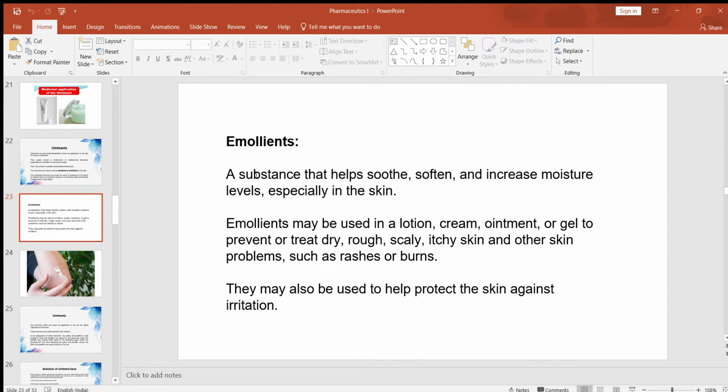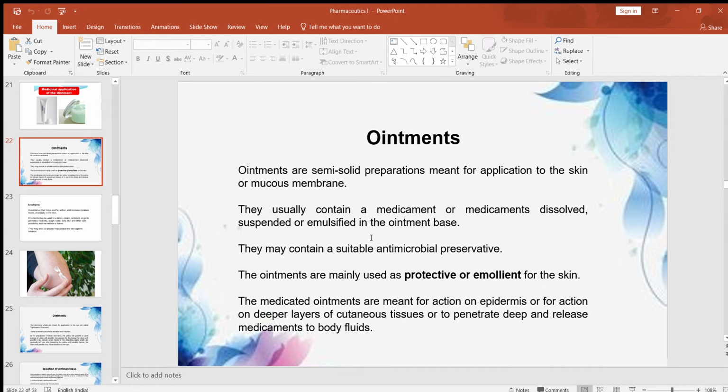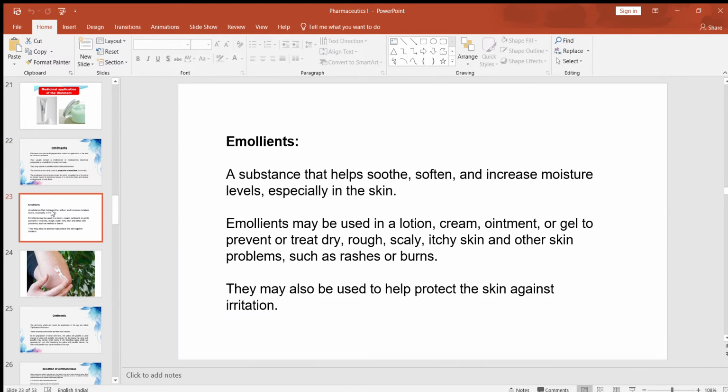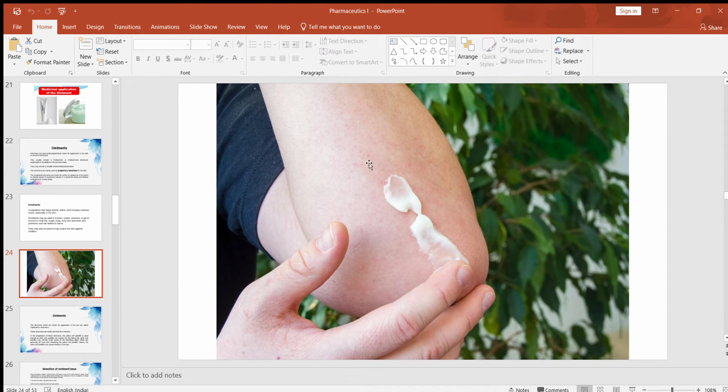Now this emollient agent we can incorporate in a lotion, cream, ointment, gel, any type of formulation. So that is the emollient effect. What is the emollient effect? It is the effect we achieve when we apply a formulation on the surface of the skin, and the applied formulation forms a film over the surface of the skin,